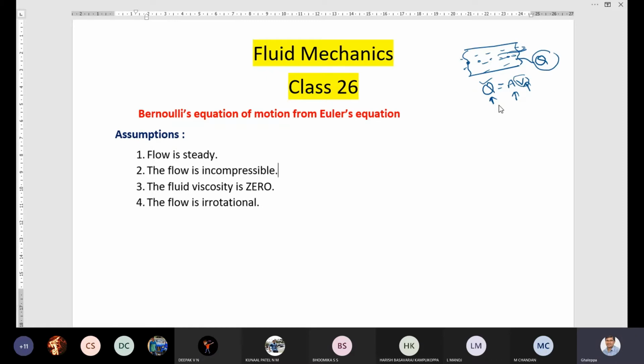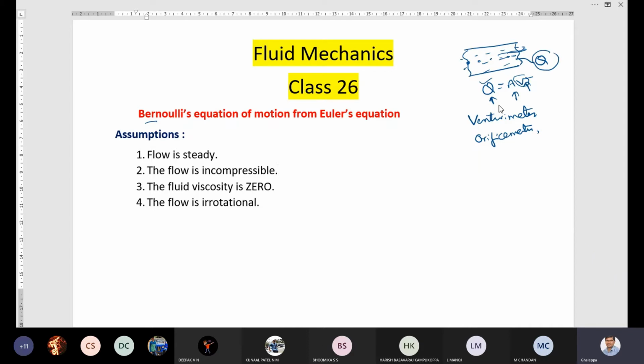Without a pitot tube, for example, if I don't want to measure the velocity, I don't have an option, so you need to apply Bernoulli's equation. There are some devices like venturimeter. We'll discuss each device's name and working principle in the upcoming classes. It is there in your course: venturimeter, orifice meter, pitot tube, nozzles, etc.